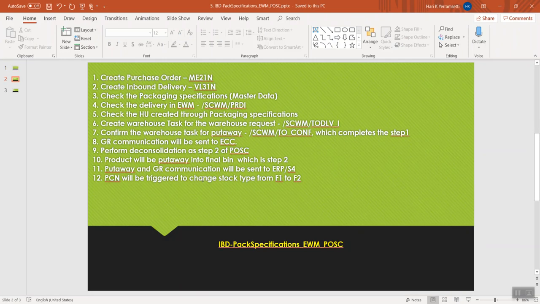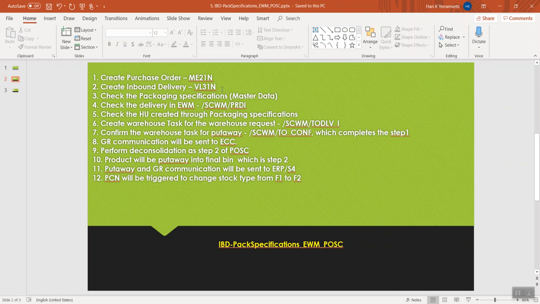With that, from the process point of view, we will also look at the configuration settings and master data settings briefly. From the transactional data point of view, the process would be to create the purchase order and then create the inbound delivery.